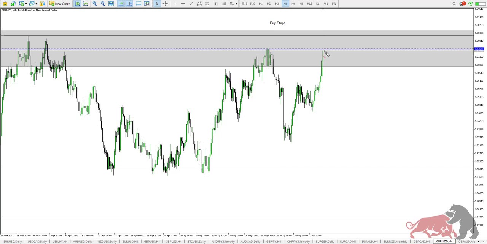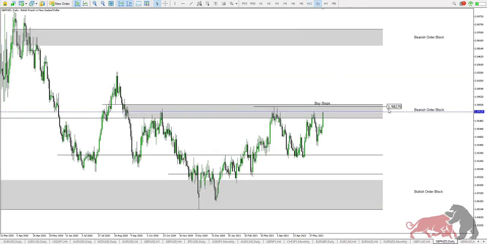So that's what I'm anticipating this pair to trade. I'm expecting it to trade to the downside in the coming week, but only after we have closed and we have taken out the buy stops above